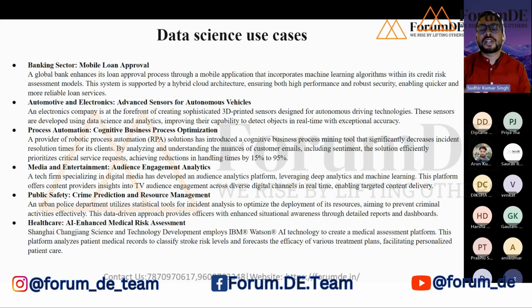All these branches are also opening specialized courses for that particular branch, like a machine learning specialization in civil engineering, in electrical, mechanical. So every IIT, NIT, or any private institution is also opening machine learning and data science specialization for all the engineering branches. This shows how data science is progressing and what the future is.